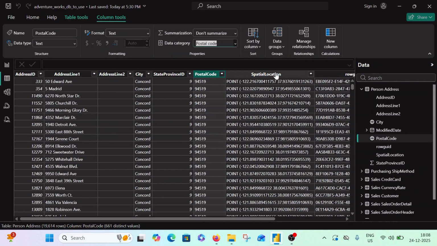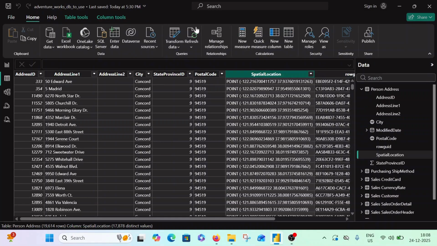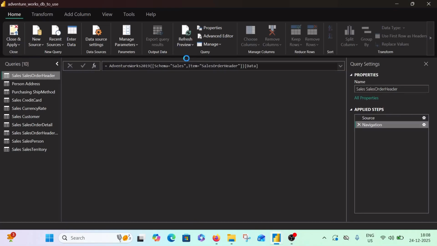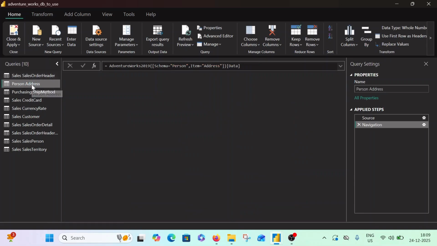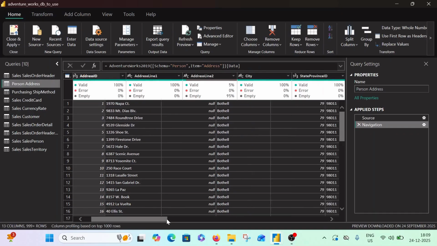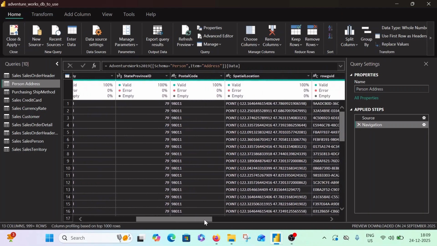At least it is good to do it with the majority of your data so that Power BI does not get confused. For the spatial location, there is one problem because latitude and longitude are given together. I need to separate them so that I can have a data category assigned to them properly and make it work with the maps properly. So let's go to Power Query, Transform Data, and see how we can do it. There are multiple ways to do it. You can use DAX and everything, but over here I'm going to show a very easy way.